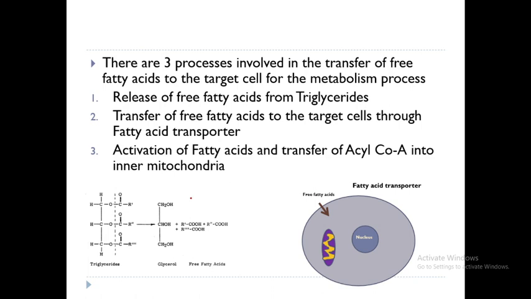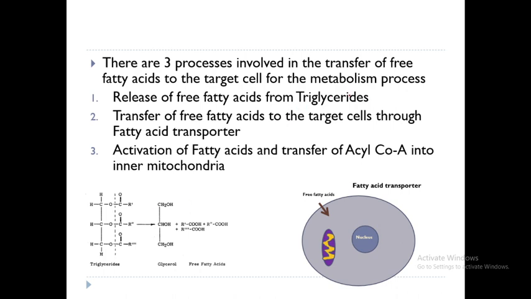Now, where are these fats stored in our body? It is stored in the abdomen, it is stored in the thigh regions, it is stored in the arms. So the fats are present in the adipose tissue in these regions. When a person fasts for a longer time, the fats undergo the beta oxidation process and release energy in the form of ATPs. Most of the fats stored in the adipose tissue are triglycerides.